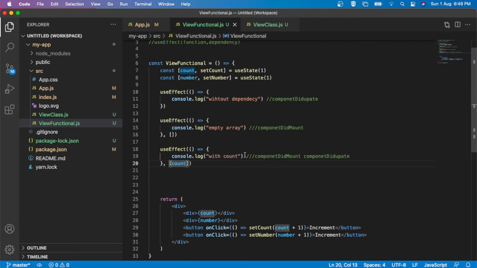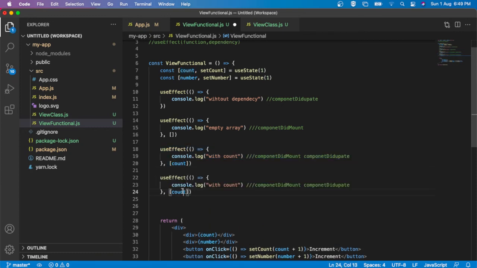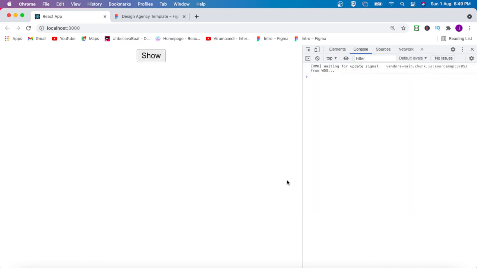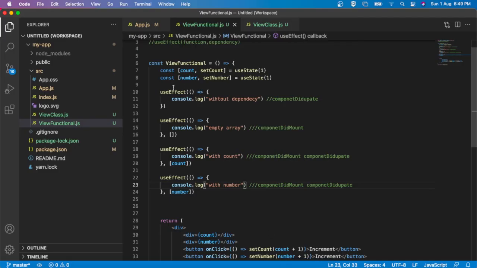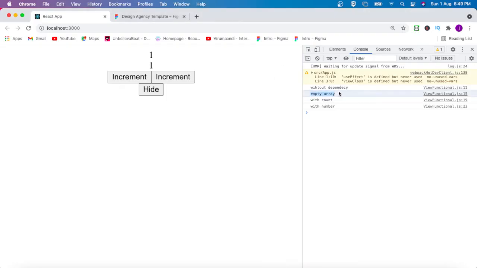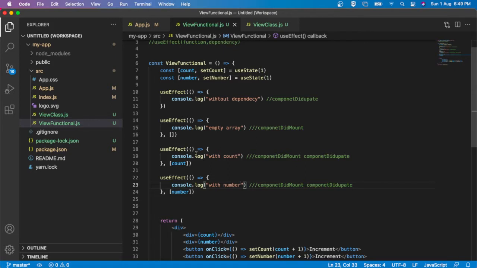Clear? Now I am going to add one more useEffect. Let's see what's happening. I am just passing number here, the second state. Now if I refresh, the one without dependency will obviously be called, and the empty array is also called as it is component did mount, and the one with count is also called because we are setting a value here.